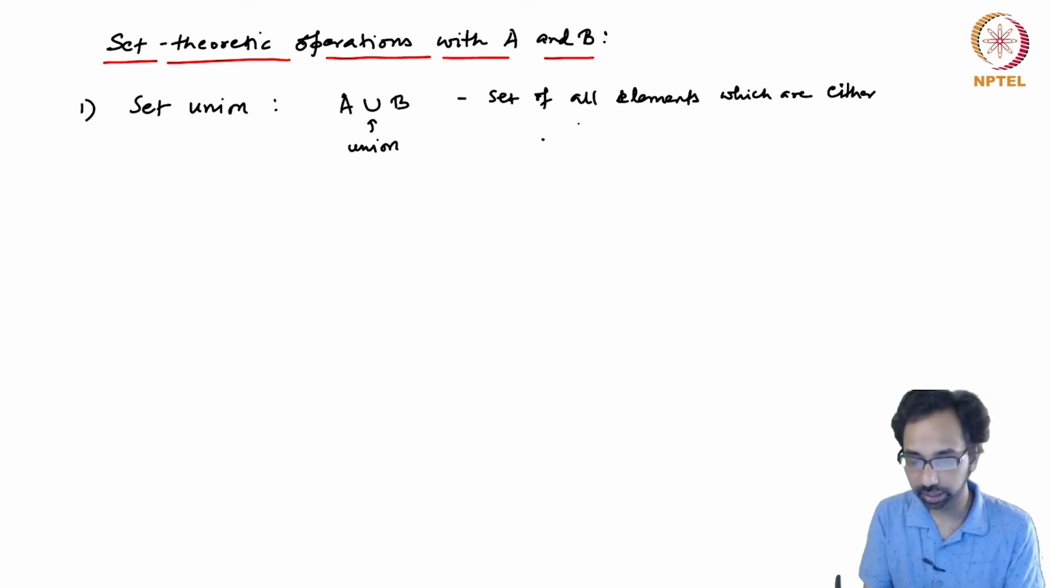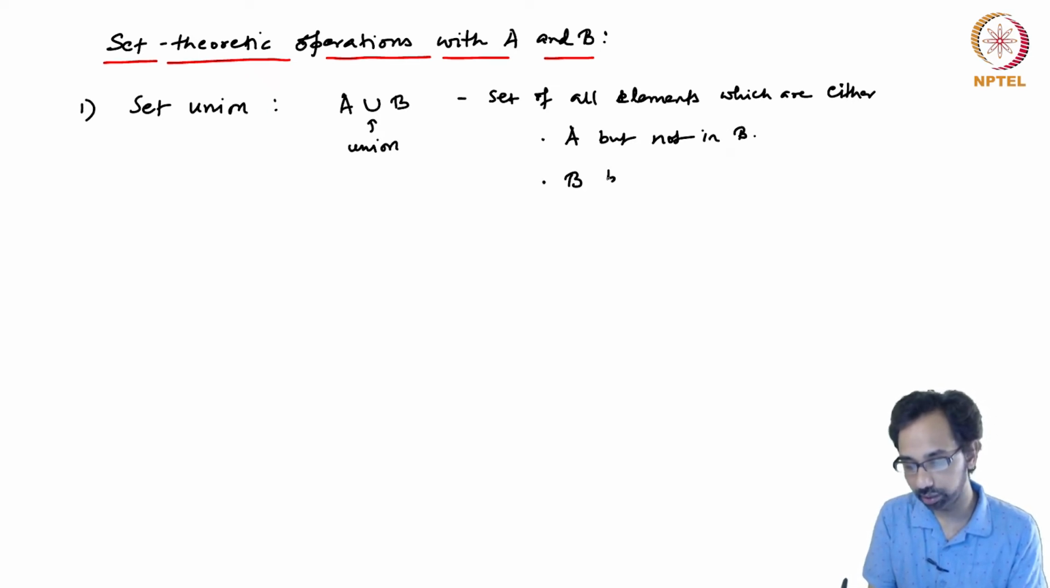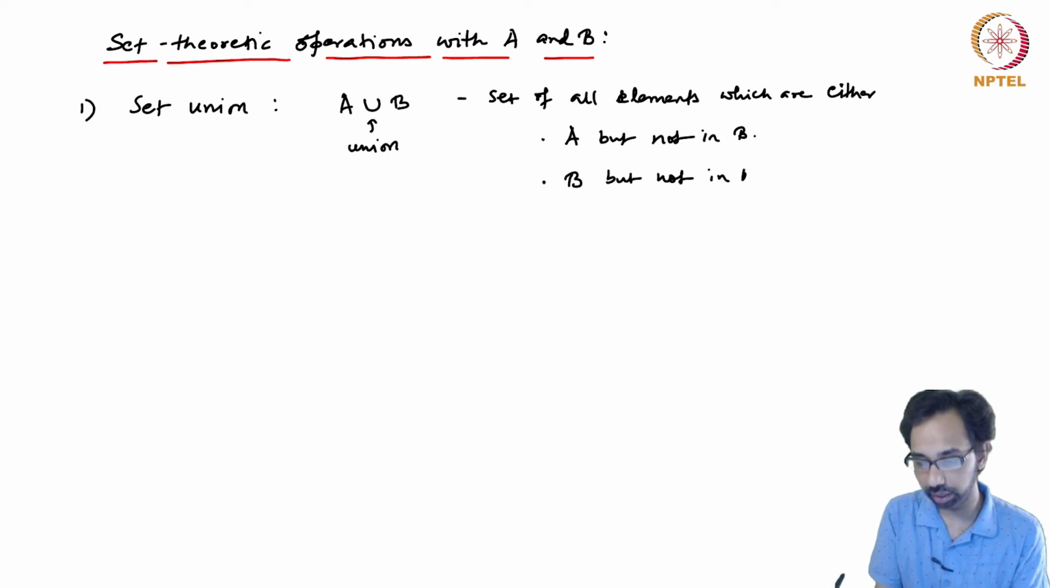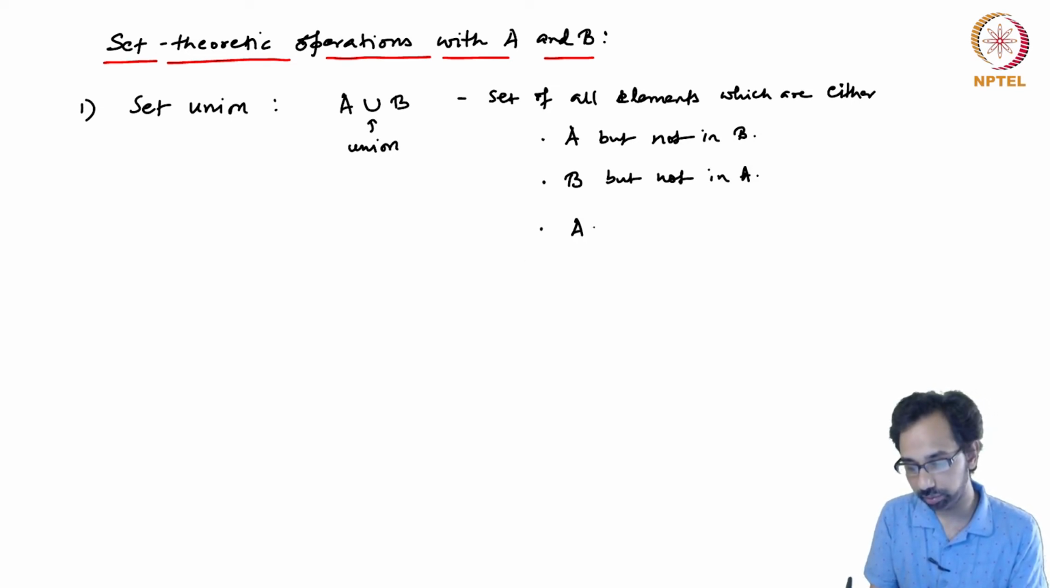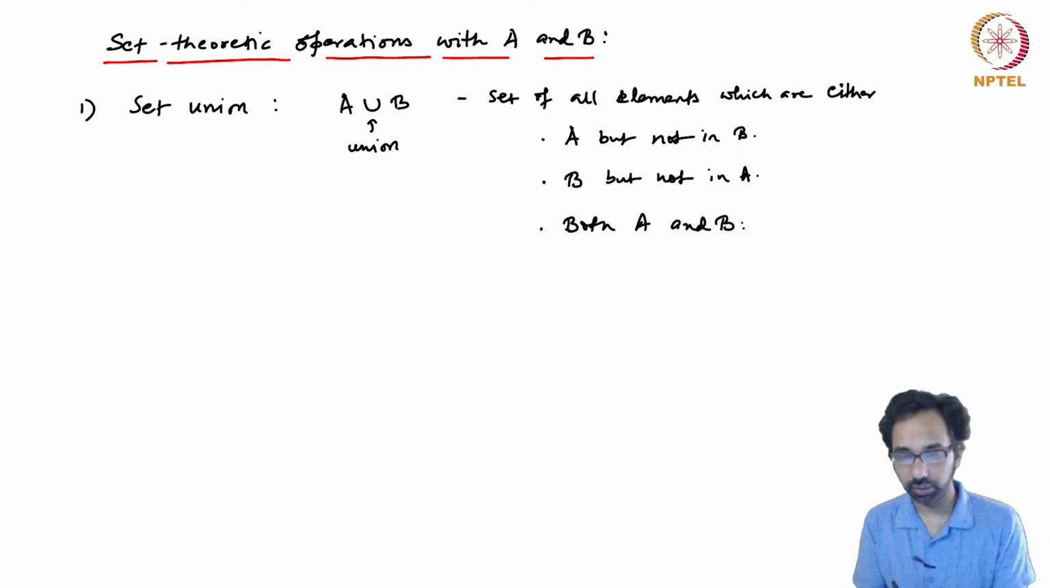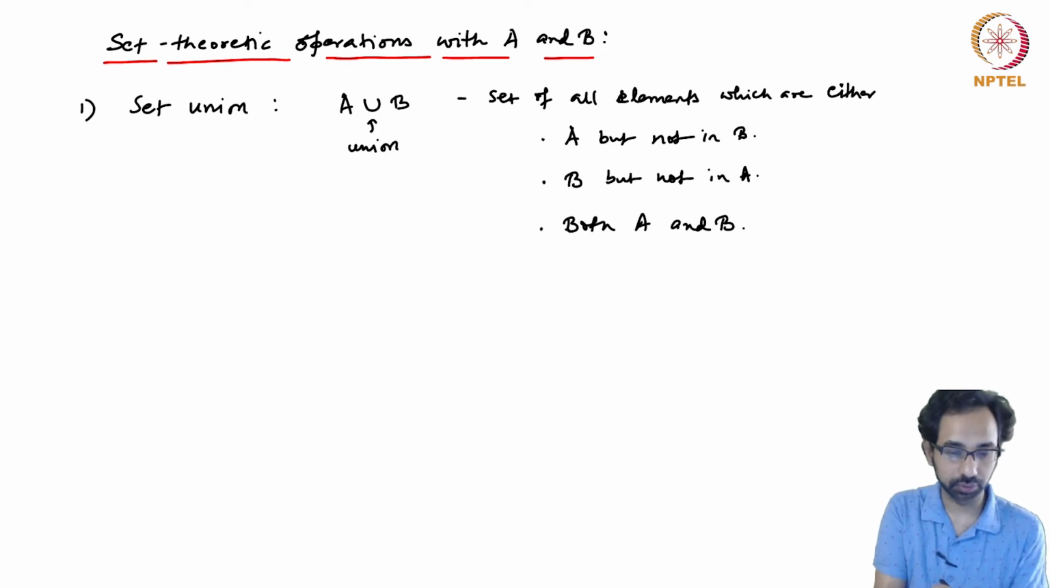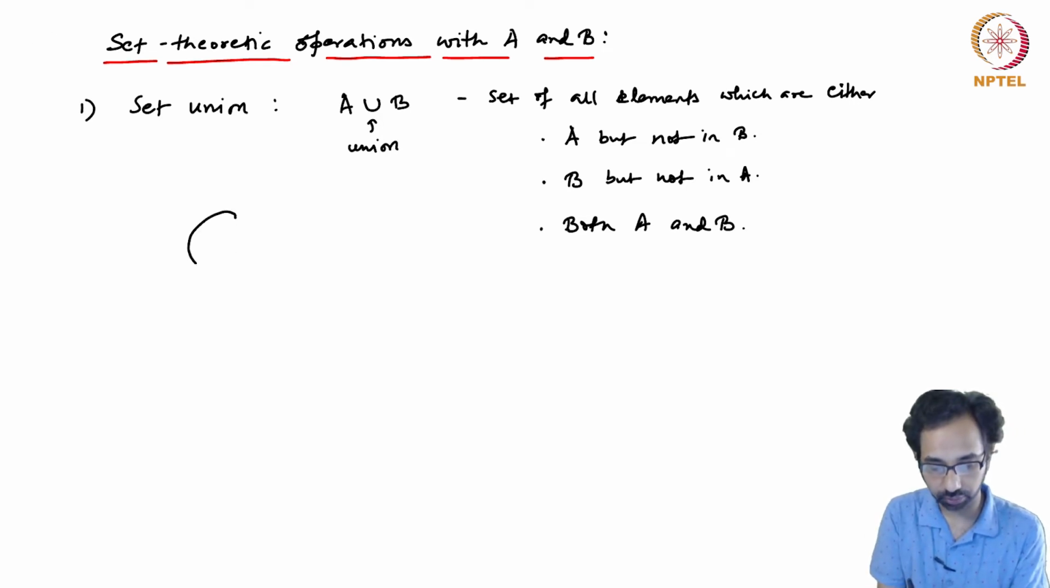First one is that an element belongs to A but not in B, similarly it might belong to B but not in A, or it can also belong to both these sets, both A and B. Okay, so in terms of Venn diagrams, if you have two sets which we depict by these circles A and B,